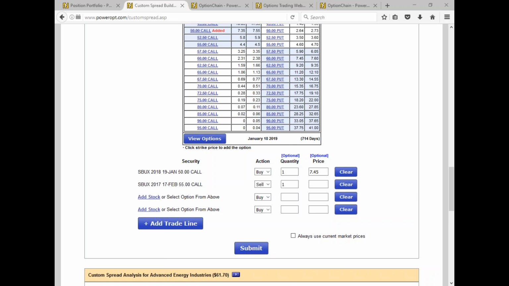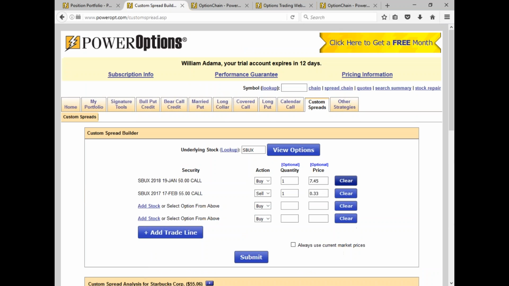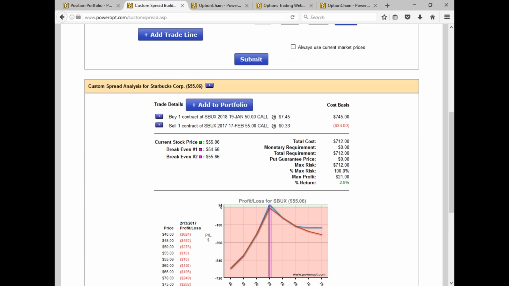Now, this might not look great on paper, meaning that you're only reducing your risk by 33 cents. This is your risk. Whatever you have invested in the position, your leap is your risk. We're going to talk about it again. This is the lie of leverage. Okay, so here's, now,